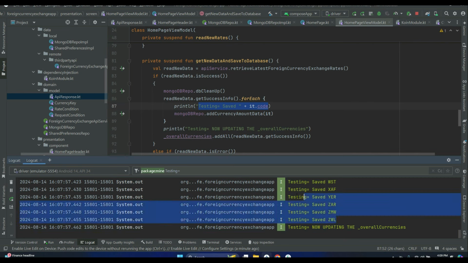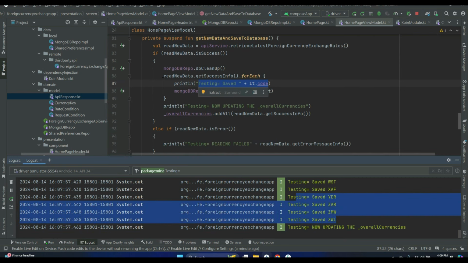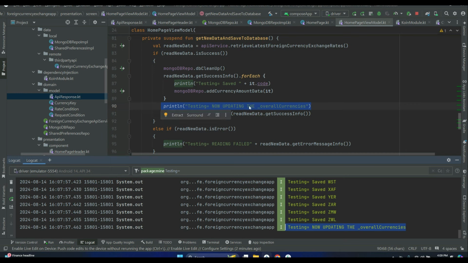So once all this data is added to the MongoDB, to the local storage, then we update the overall currencies. That's why you see this. So now, as you know, we have got the new data, the new rates, and we saved it to the local storage, to the MongoDB. Now, as it is already saved to the local storage for the current date, if we launch the app again on the phone,